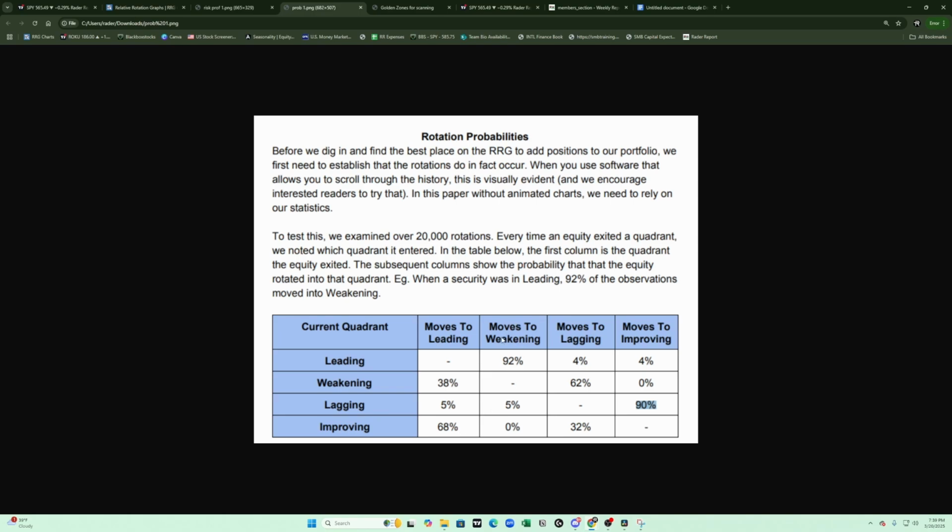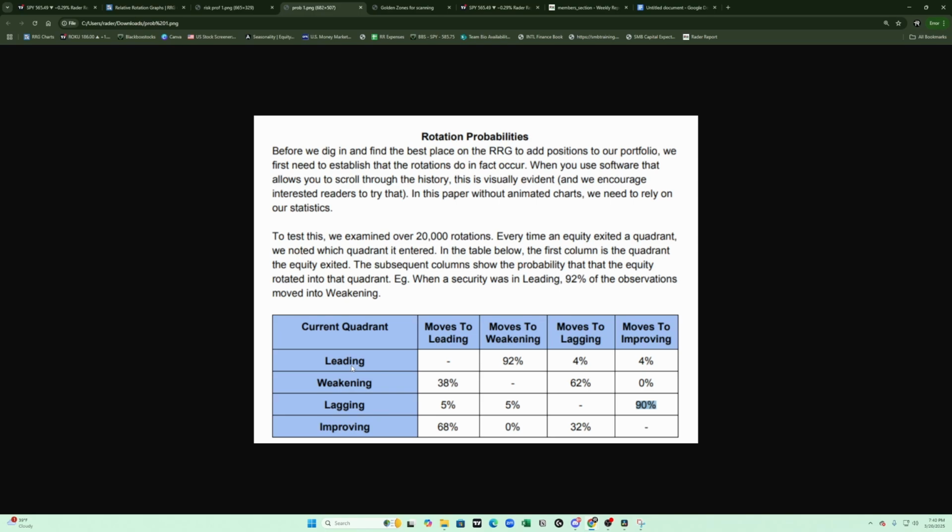But you can also see various time frames here. So when you're in leading and it moves to weakening, 92% of the time. Now you'll notice 92% of the time, does that mean we short? No. That means it slows down. Most trends, all trends slow down. And that's why 92% of the time when it starts to outperform the market, it often gets pulled back in towards that VWAP or that moving average just to find liquidity once again, once it extends beyond